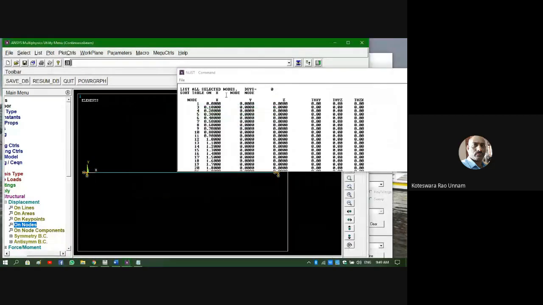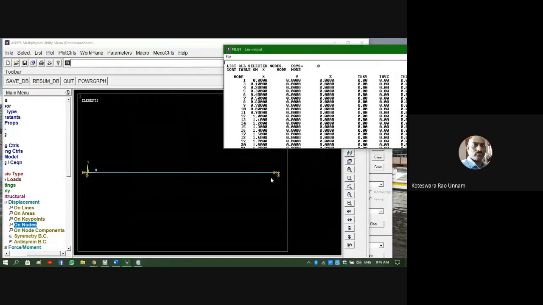Click OK. See, now you can see that at the two ends it is placing the constraints. The blue colors are for displacement, and the yellow colors are for rotation. Two triangles are there for rotation, and one single triangle is there for the displacement constraint. Okay, right. So at the ends we apply the fixed support.